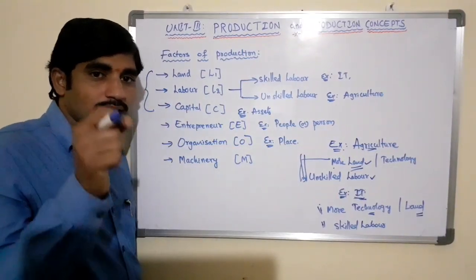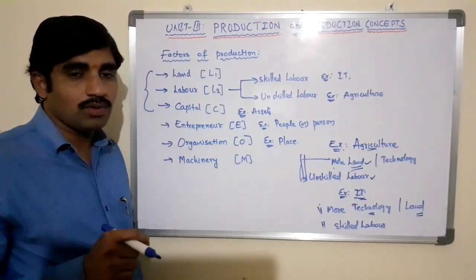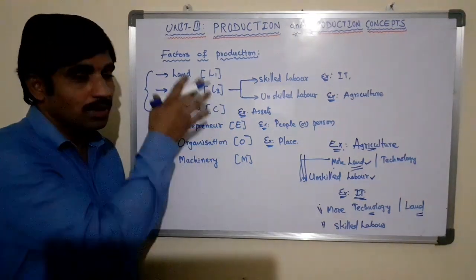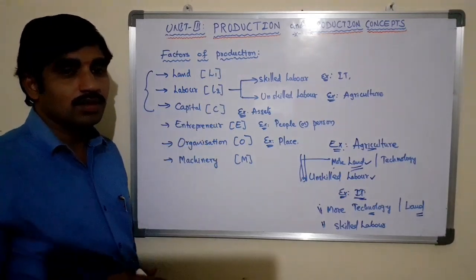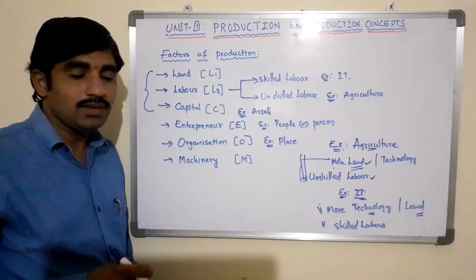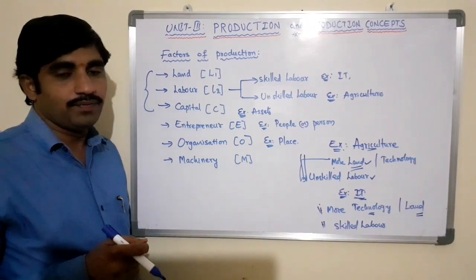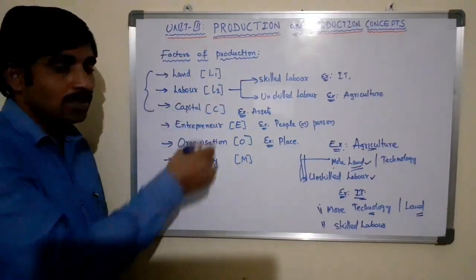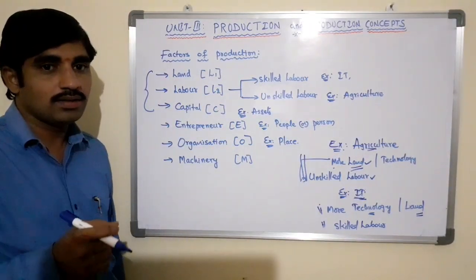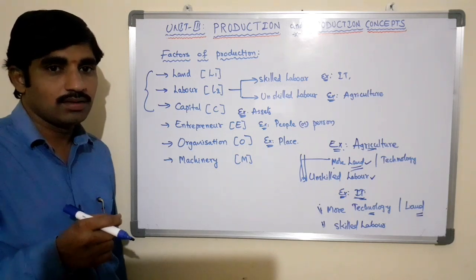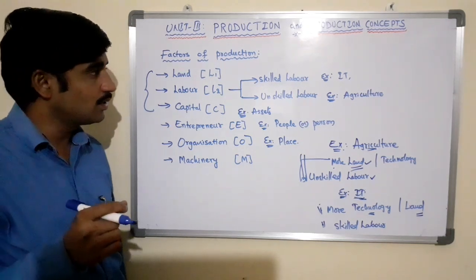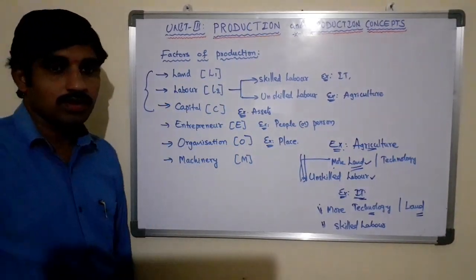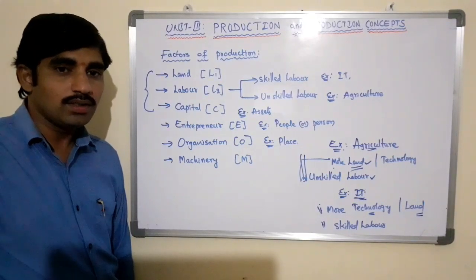Based on the requirement and the nature of the products that we are producing, the nature of the industry, we take up any one or some of these inputs in order to produce the products and get the economic benefit. So this is about the factors of production. All these factors are used to write the production function. The production function is the functional relationship between the quantity of production that we are producing and all these factors of production.